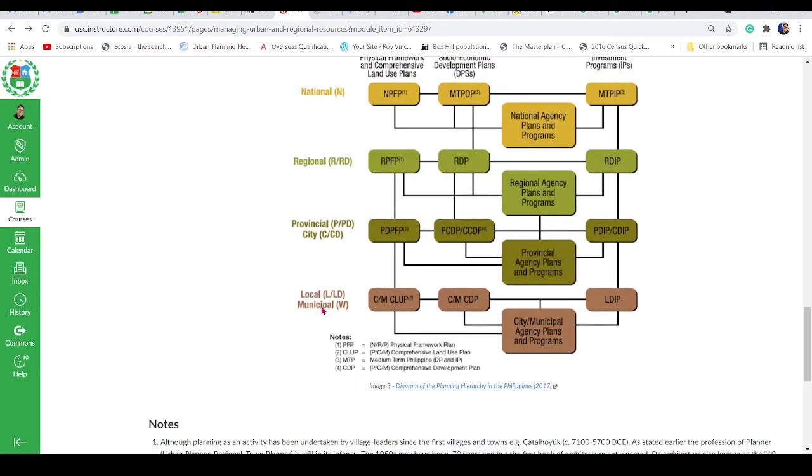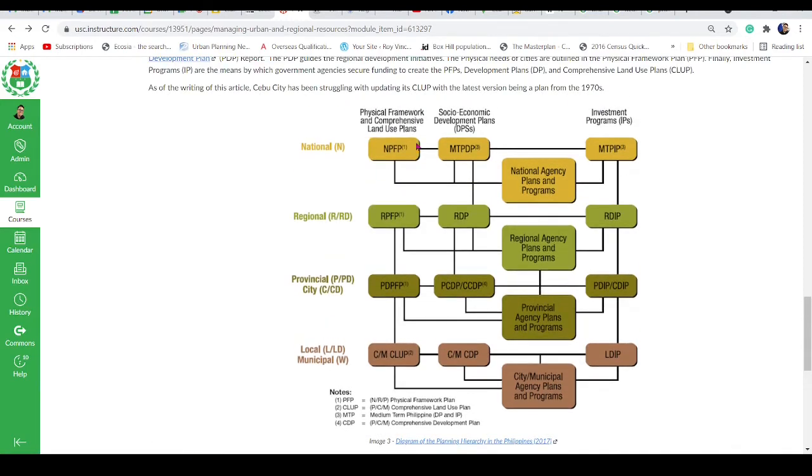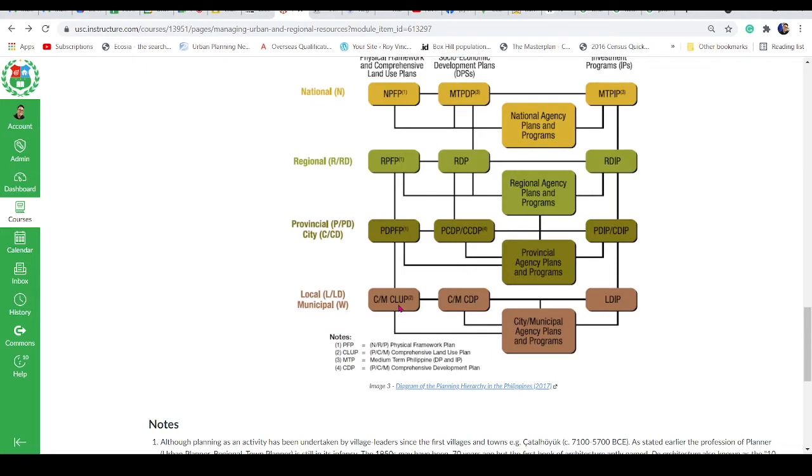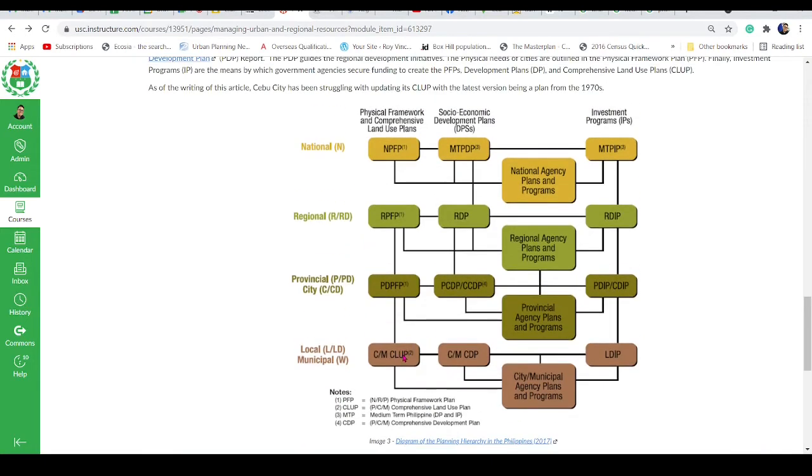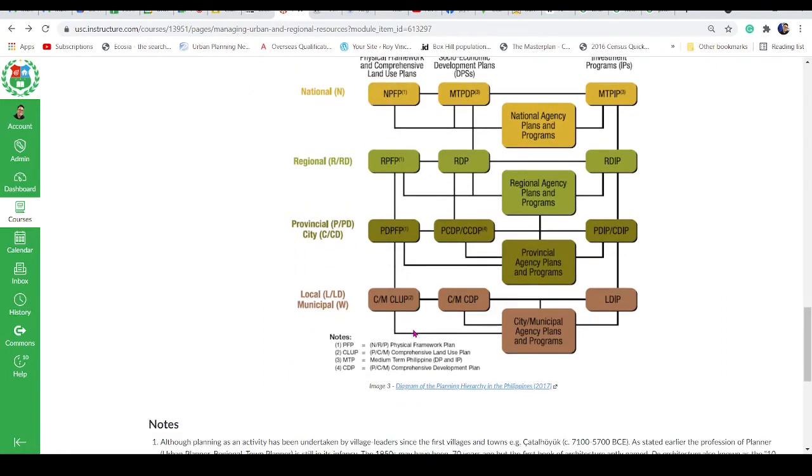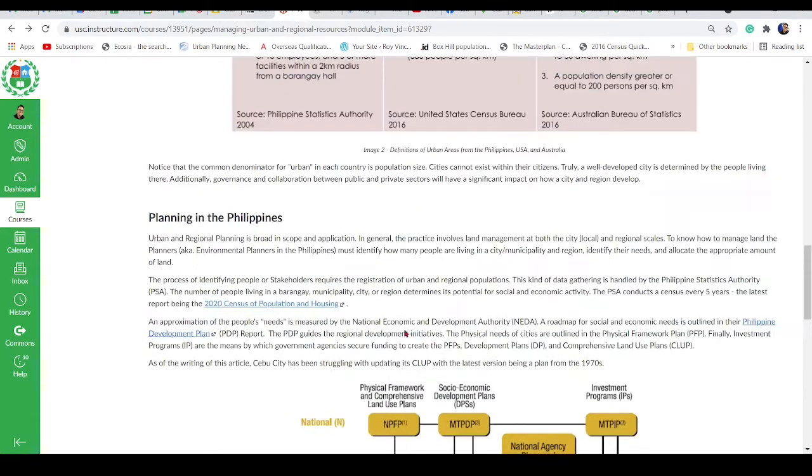And then over here in the local and municipal levels, it's no longer the physical framework plan, but it's called the comprehensive land use plan, because this is more specific. The framework plans are more general guidelines, like where are the bridges, where they want it to go. But here you're looking at buildings, street blocks, street types. Where are the sidewalks? Where are the roads? What's happening with traffic, congestion, stuff like that? Where are the commercial areas, mixed-use areas? And then as I mentioned here,